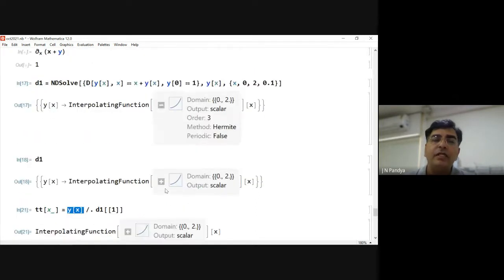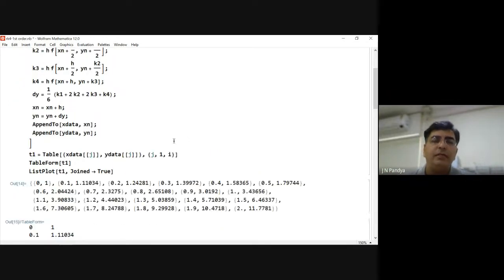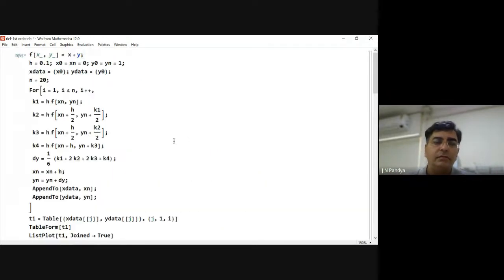Of course, when you say that you are going to deal with, say, coupled differential equations, or maybe higher order differential equations, then it may not be directly working out in the same way. But then you should know how to do it in this way. Yeah. If you have any questions up to this point, you may ask. I have just demonstrated only one case where you can directly use inbuilt Mathematica functions to get the solution of differential equation numerically and analytically.